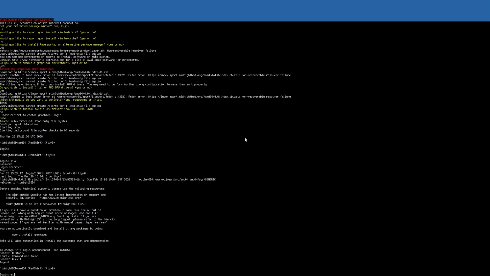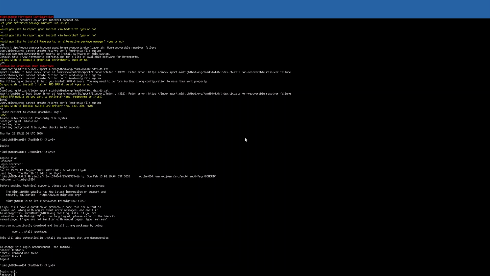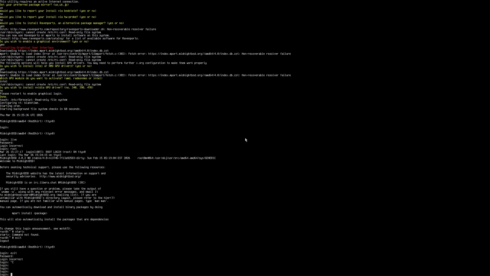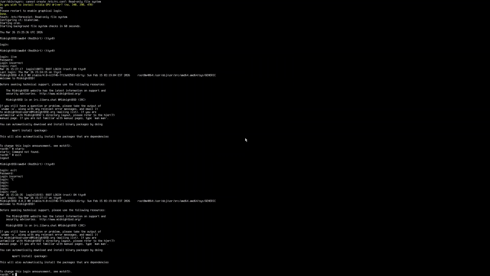Exit. No. Okay, we're just gonna restart and just run the installer then, and see if we can't get a graphical environment going. Oh boy, I really hope this fucking works. Oh god, damn it, that was fucking ridiculous last week.